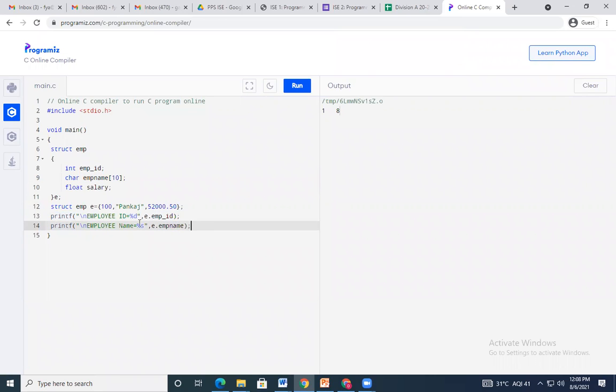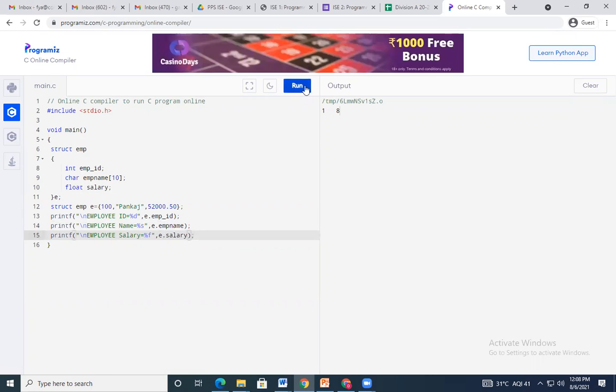Okay, now salary, employee salary, which is float, so I will use %f, e.salary.